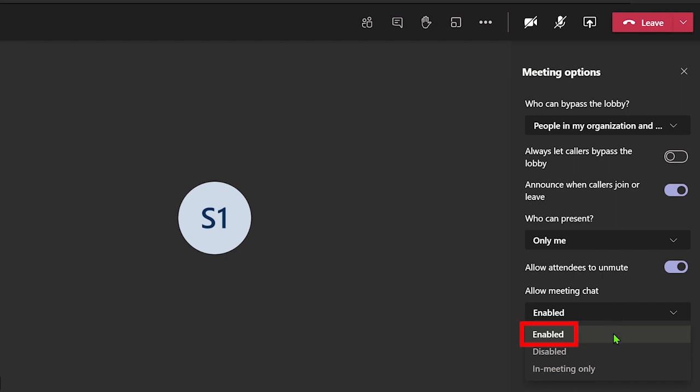The Enabled option allows the students to use the meeting chat at all times, including after the meeting has ended. The In Meeting option only allows the students to use the meeting chat during a live meeting lesson. After the meeting has ended, the meeting chat will be disabled and the students will not be able to post